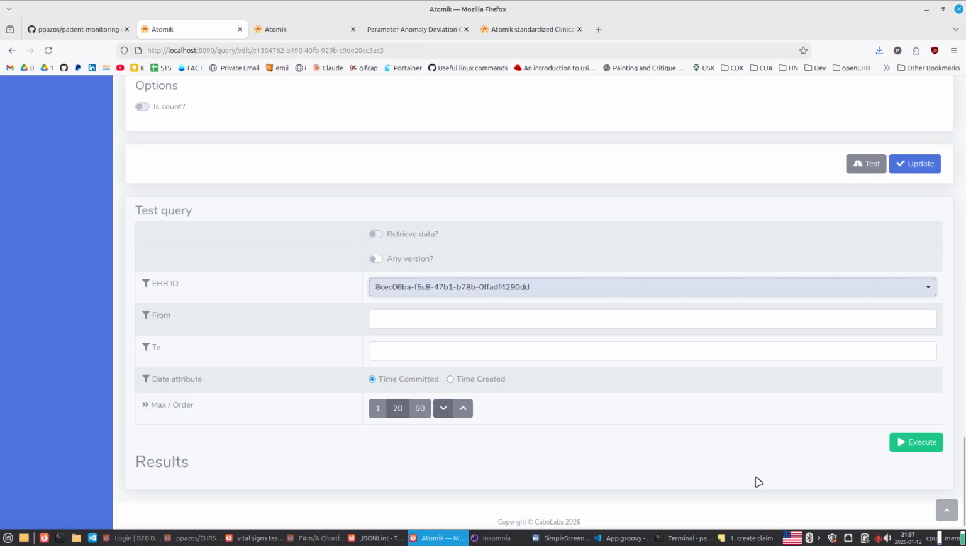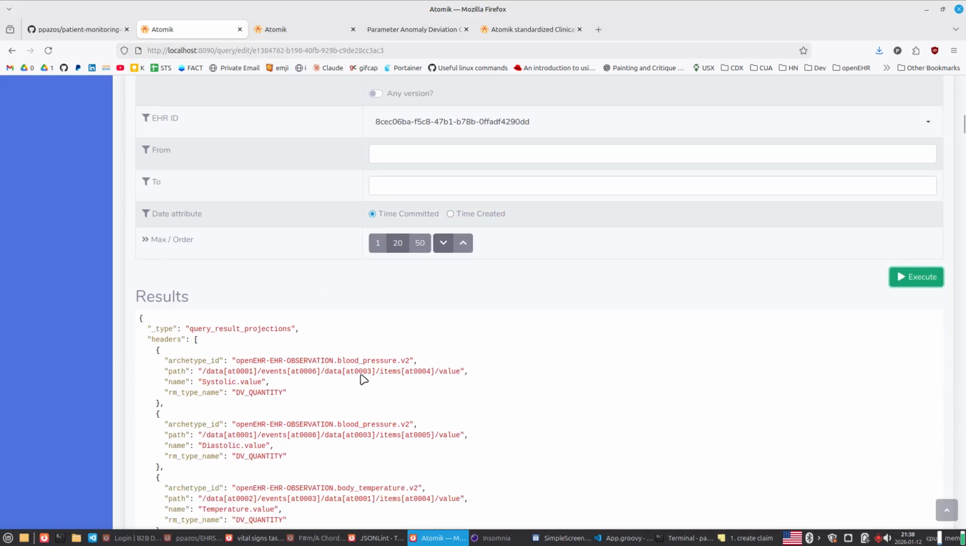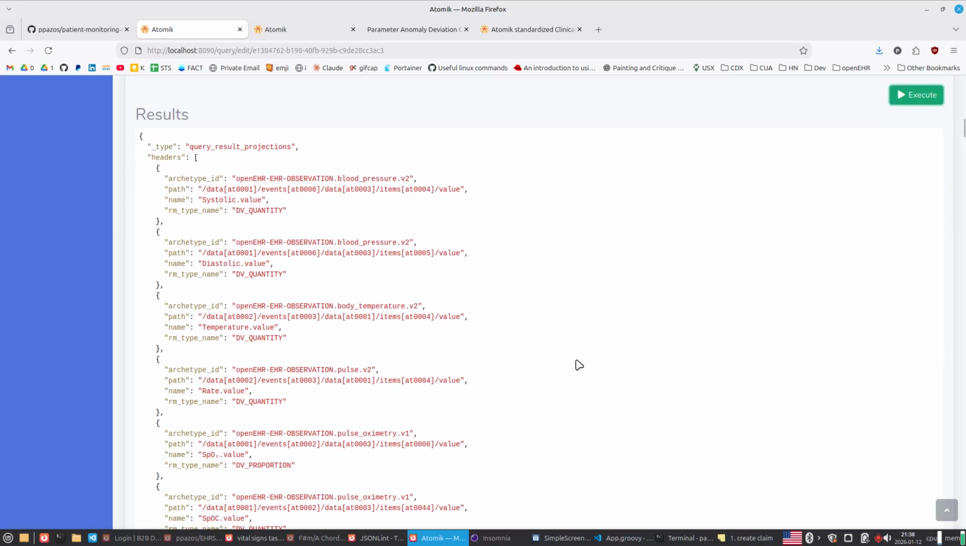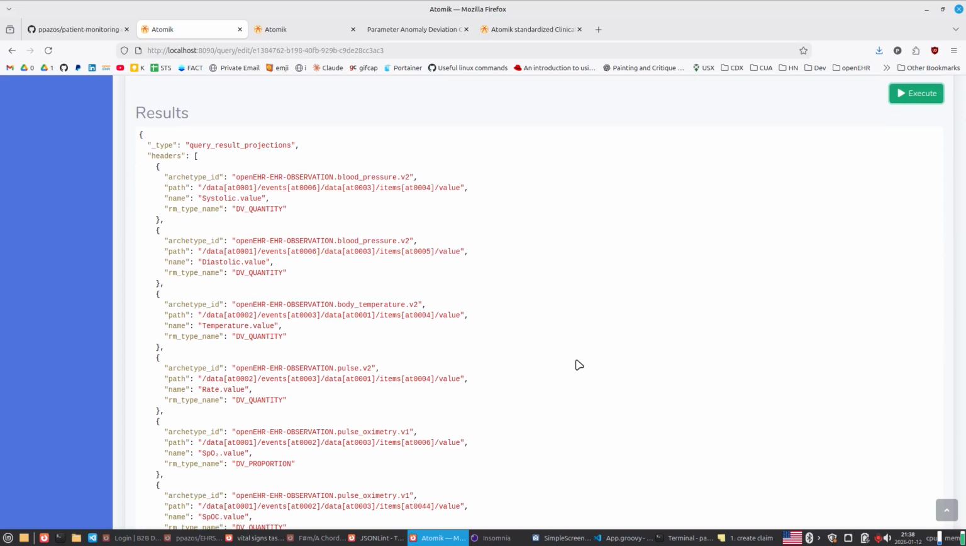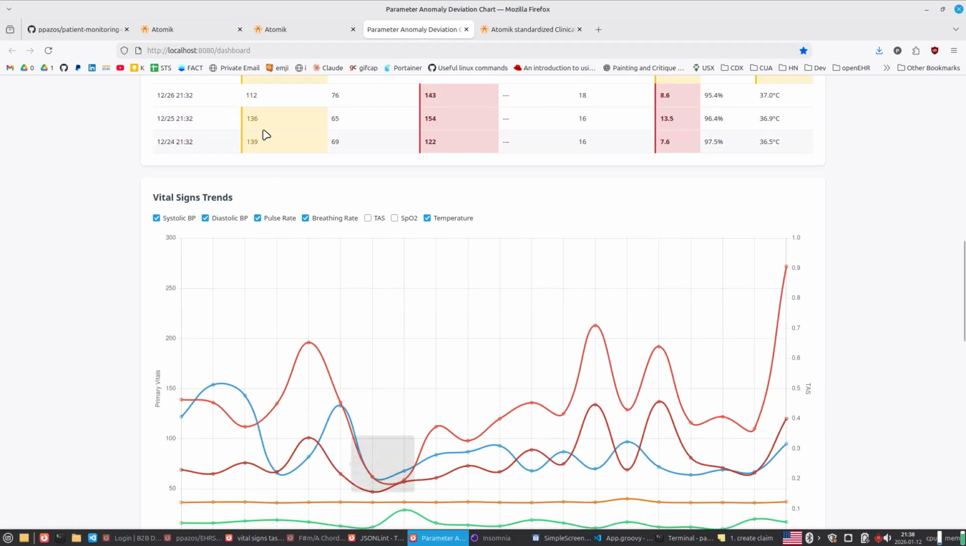So that is the EHR that we just created. You can also say from to date, stuff like that, filter by date range, and I can execute that query. This will get 20 results. You can also sort the results. And the structure that you will get from this execution, and this is actually what the dashboard is getting, is